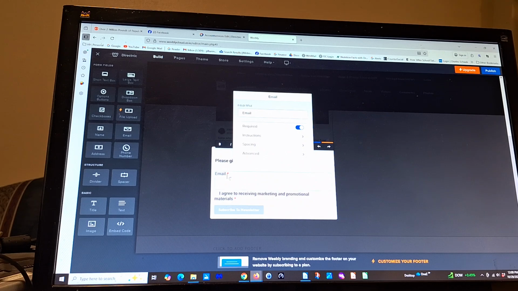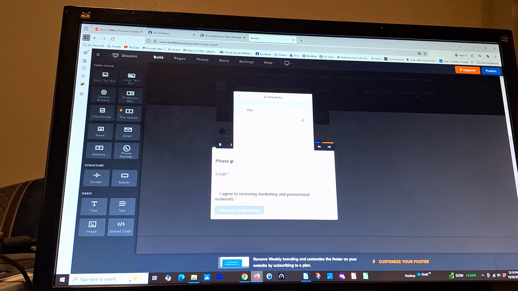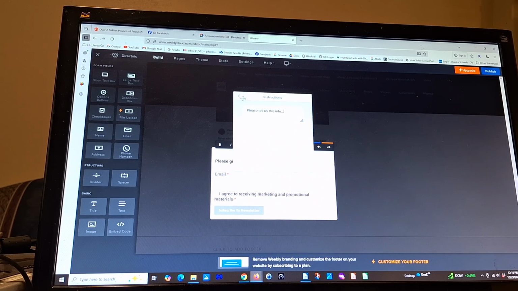This little thing shows you it's required. It is required. We could make it not required if we wanted to. Instructions, you can write that in here. Please, blah, blah, blah. Tell us this info, blah, blah, blah, etc. I agree to receiving marketing and promotional materials. Just a real simple